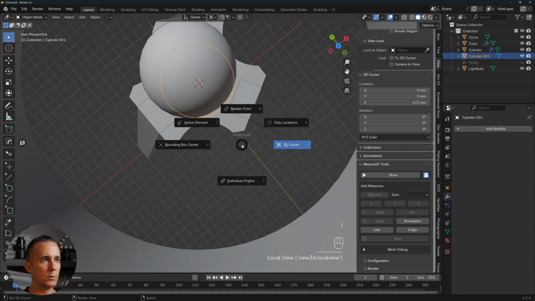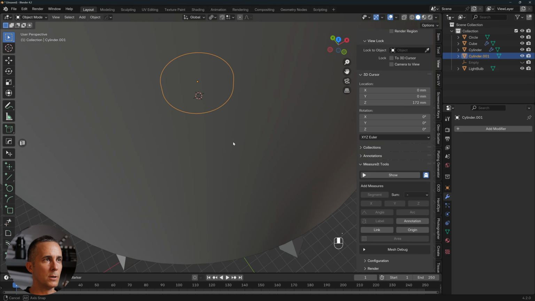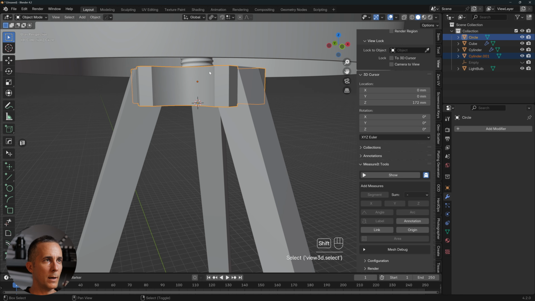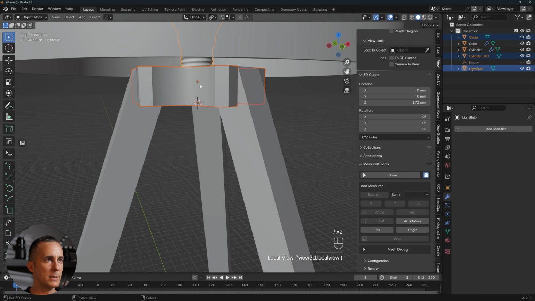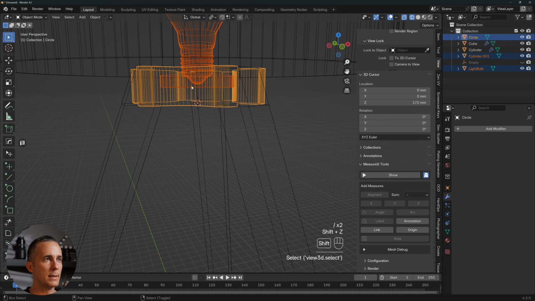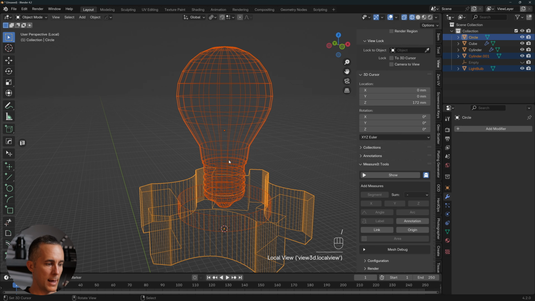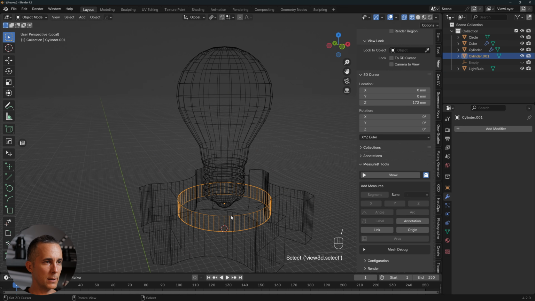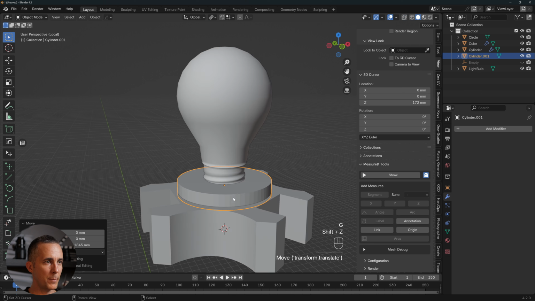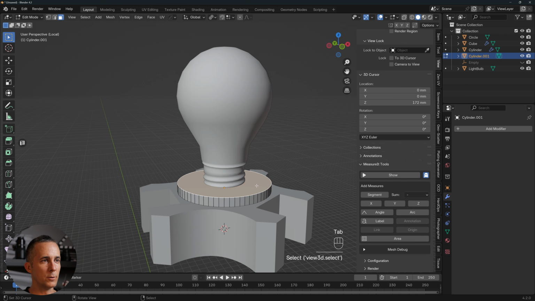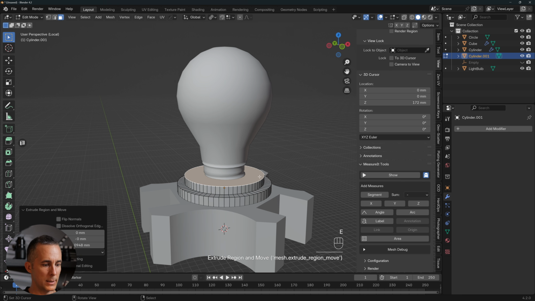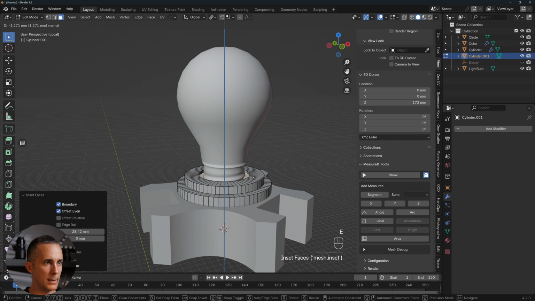I want to go to individual, all right. Why I went out of this, all right. Oh no, where is the cylinder? Cylinder is right there. Okay, and I want to go with the cylinder, come on, GZ, move it up, GZ, move it down. Then I want to go to the faces, I to insert it, E to extrude it, I to insert it, and E to extrude it